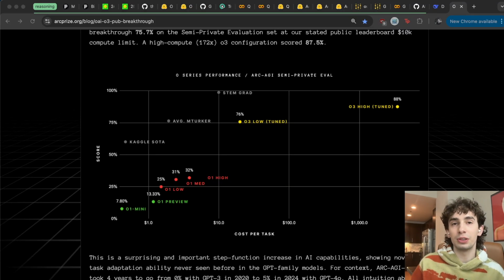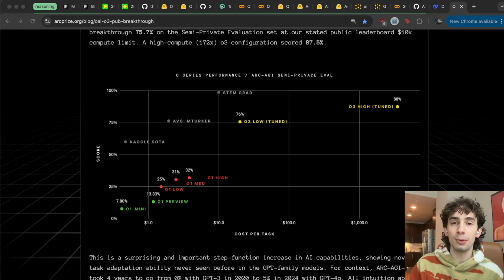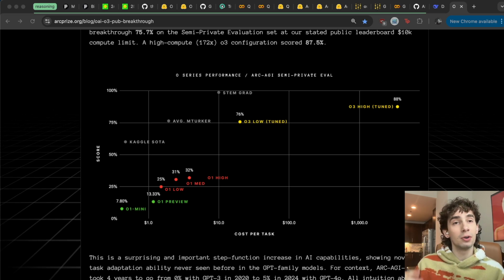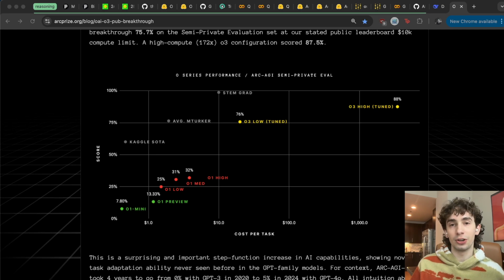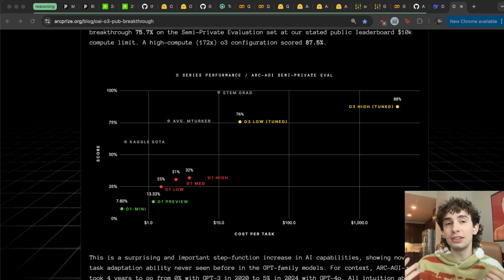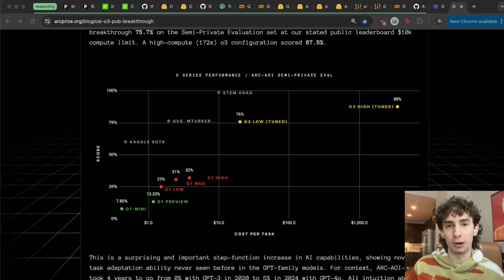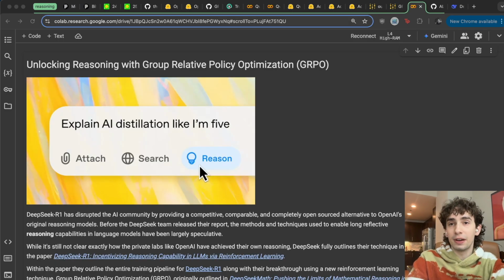Which, as we've seen with the release of things like O3's benchmark, as you allow a language model to spend more test time compute, really generating and reasoning through and considering a problem before answering it, it tends to perform much more highly on these standardized benchmarks. As such, this technique provides a way to actually really boost the performance of a language model without just raw